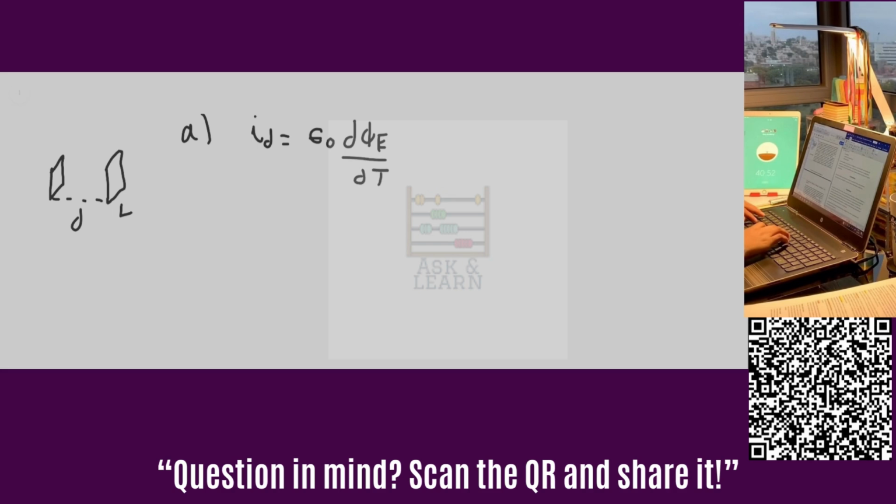Let A be the area of the plate and E be the magnitude of the electric field. The electric field between the plates is uniform, so we have that E is V over d, V being the potential, and d is the separation between the plates. So we have that I, the current into the capacitor,